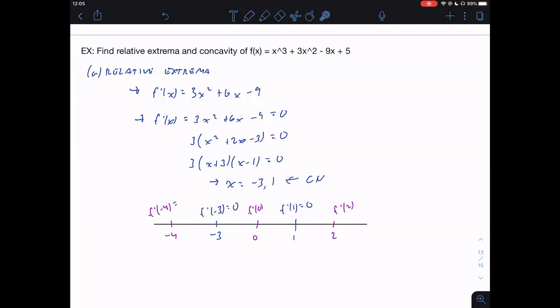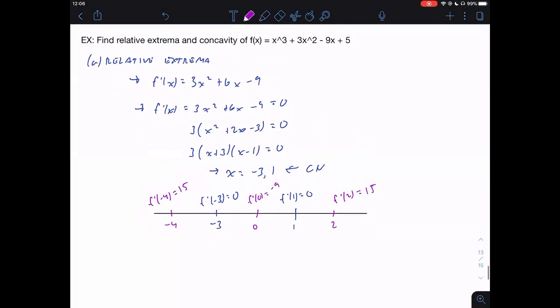All right, so again, we're plugging -4 into the first derivative here. So 3 times -4 squared plus 6 times -4 minus 9, which should give us 15. And then at 0, if we plug 0 into the first derivative, it's just going to give us -9. And then at 2, we also get positive 15. Okay, so what is this telling us? Based on the first derivative,